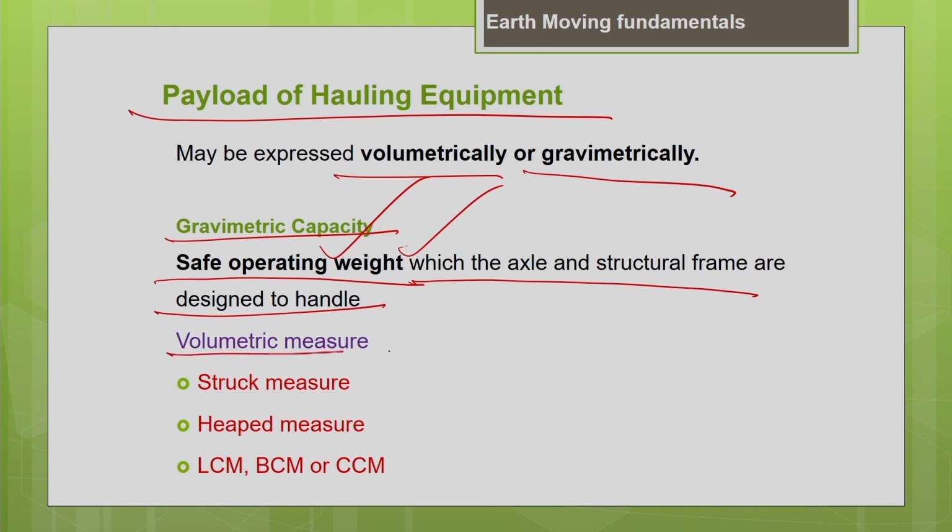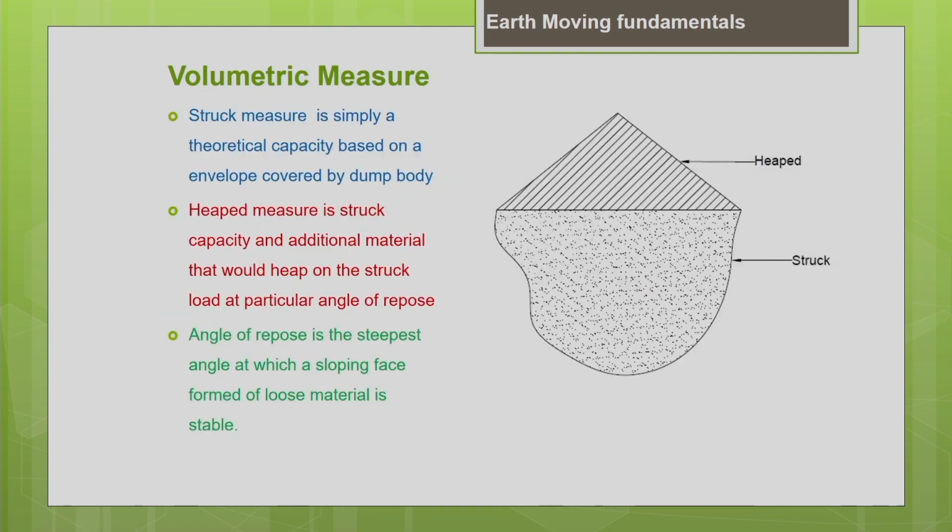So next is volumetric measure. How to express the capacity of the machine on a volumetric basis. There are certain terminologies which I am going to expose you to: struck measure, heap measure, loose cubic meter, bank cubic meter, compacted cubic meter. These are the different terminologies we use related to the volumetric measure. We'll see what these are one by one in the upcoming slides. So first is